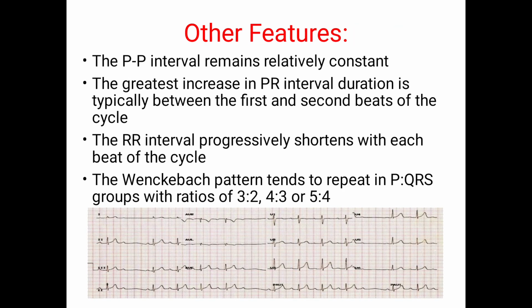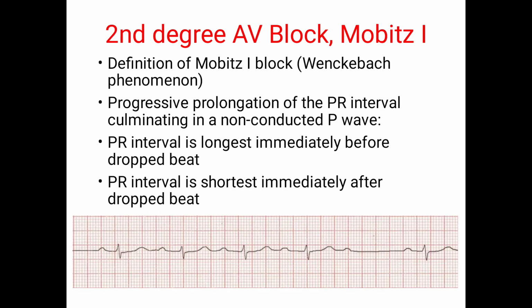Other features are the PP intervals remain relatively constant. The greatest increase in PR interval duration is typically between the first and second beat of the cycle. The RR interval progressively shortens with each beat of the cycle, and the Wenckebach pattern tends to repeat in the ratio of P to QRS group with the ratio of 3 to 2, 4 to 3 or 5 to 4. What we see is there is progressive prolongation of the PR interval, which culminates in non-conducted